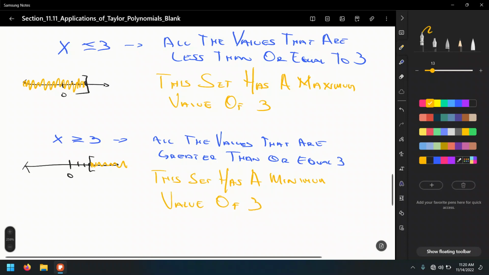You may or may not interpret inequalities this way. Every time you read a statement like this, it's all real numbers less than or equal, less than, greater than or equal, greater than, whatever. But I wonder if you ever think about these sets, instead of just listing what numbers are included, as concluding that depending on the orientation of the inequality sign, we may have a maximum value or a minimum value. And for Taylor's inequality, if you look at the madness that you have in the definition box,